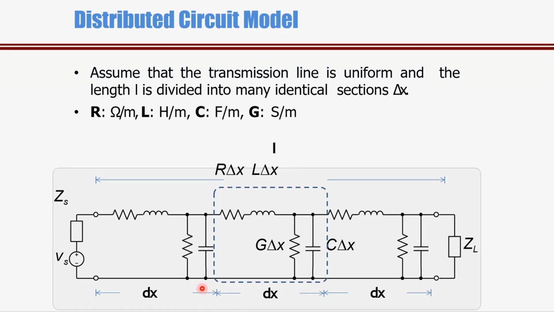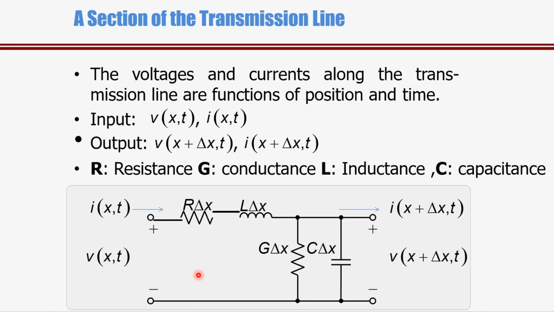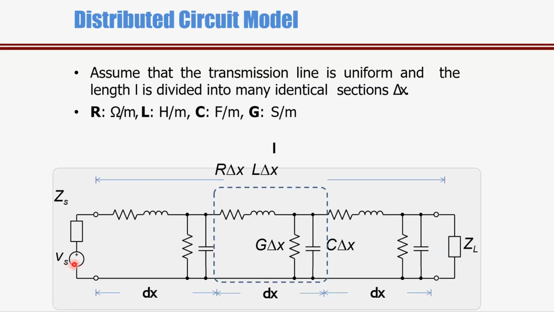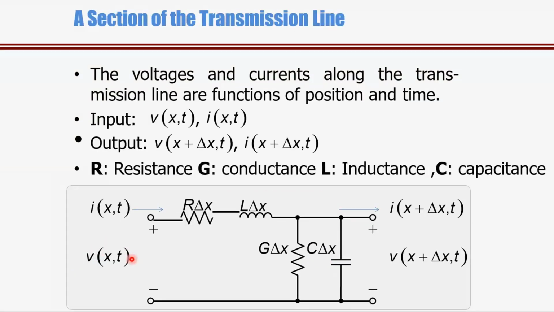Okay, now how we can derive these equations. So let us convert this voltage, whatever voltage we have supplied here, in terms of time variations. The voltages and currents along the transmission line are functions of position and time, because it is traveling from this sending end and reaching the receiving end. So they are functions of position, meaning distance, and they are also functions of time.